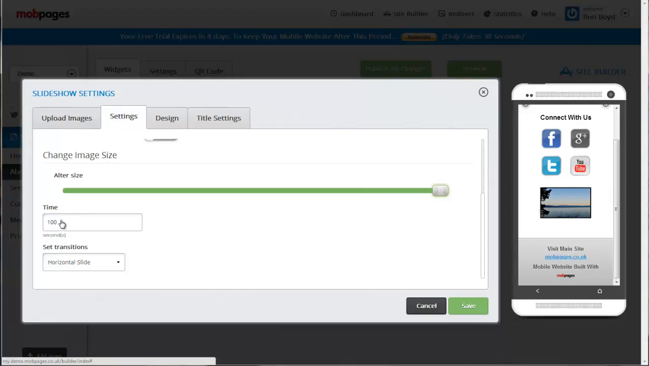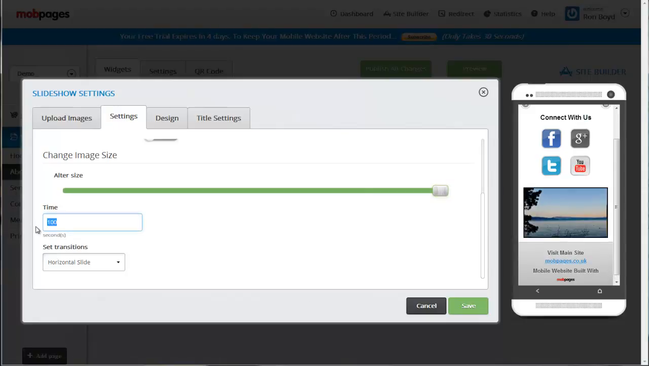Okay, the time here defaults to 100 seconds to change the slides from one to the next. I would say that you're probably better with something like 5 seconds. And then here we've got a few transitions that you can use for the different slides. So you can have them sliding horizontal or